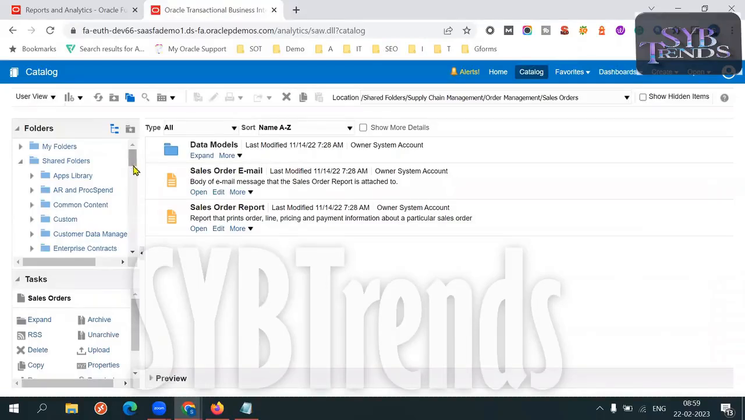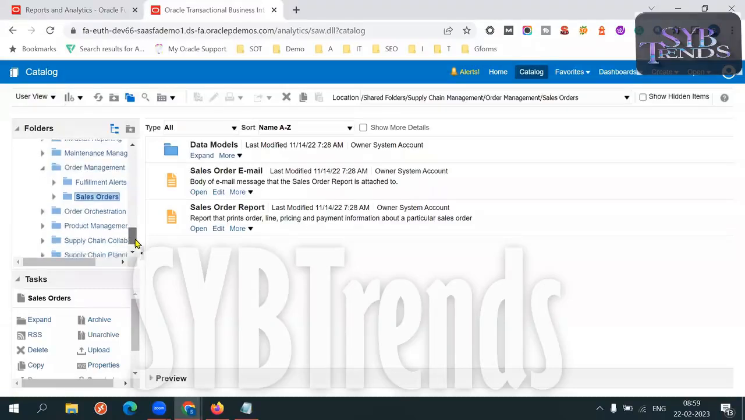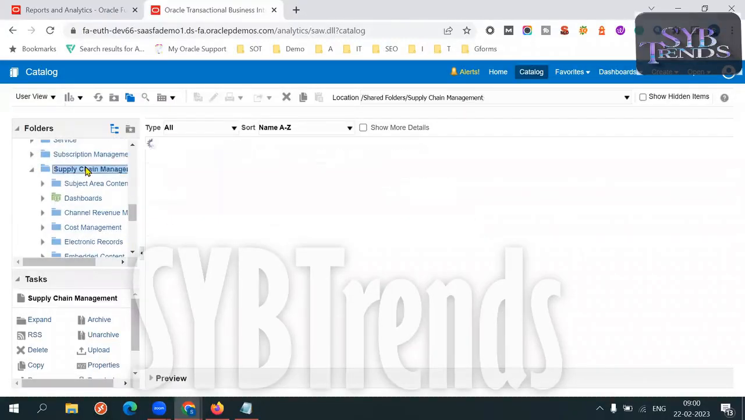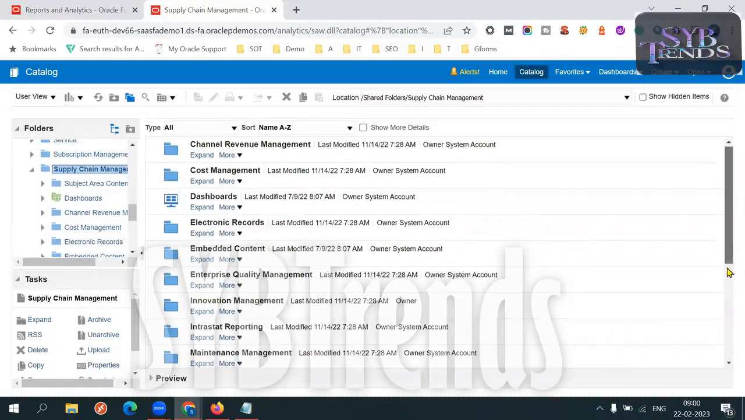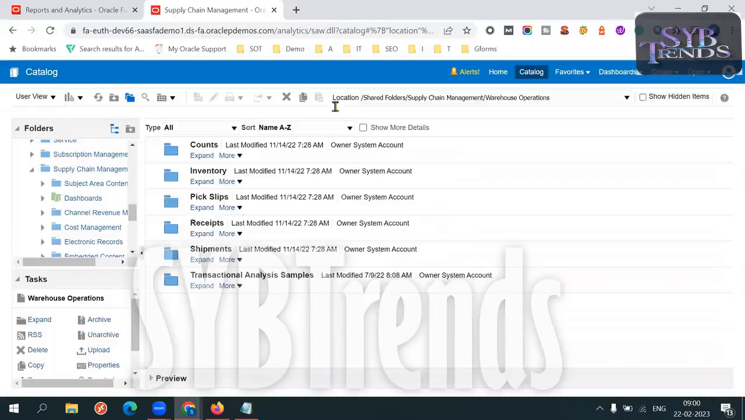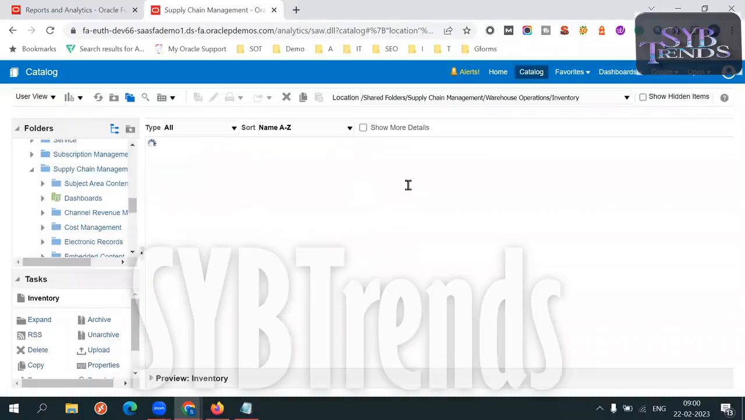Next, next documents. Under supply chain management, I go to warehouse. I'm on the warehouse folder. You see the path on the top: supply chain management, warehouse operations. And if you expand the inventory,